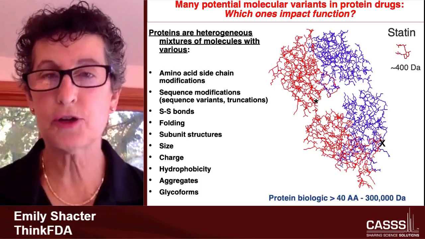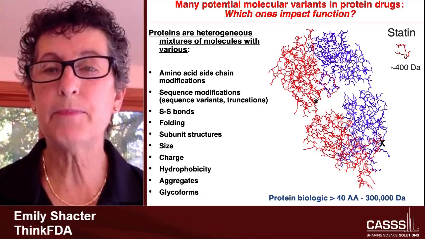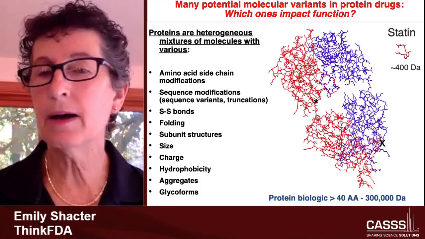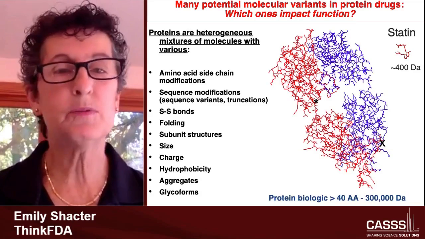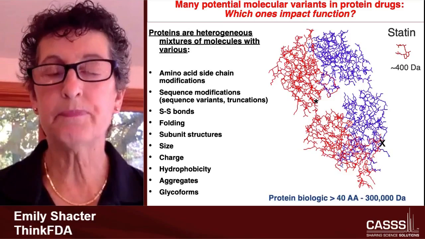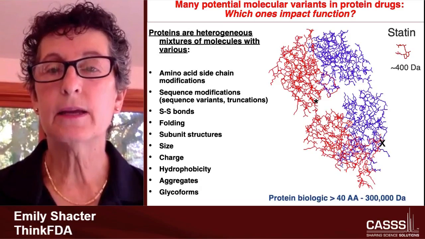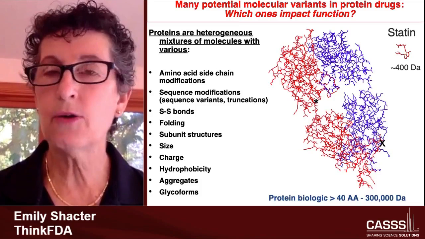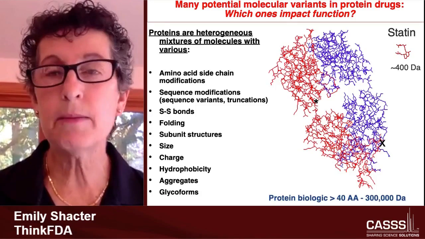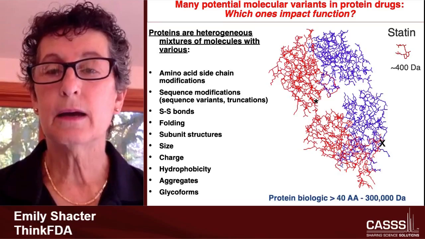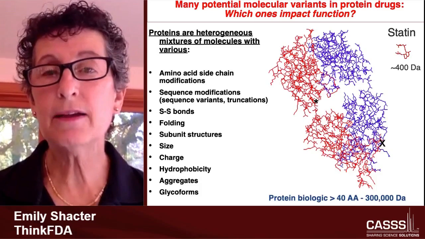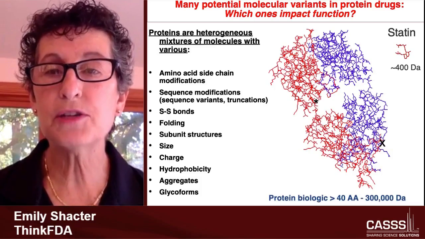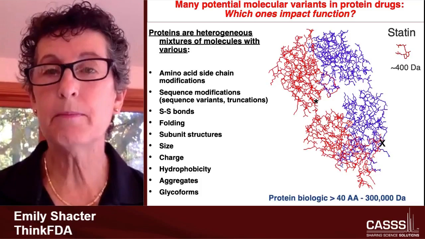Now, proteins are generally heterogeneous mixtures of a population where we see a variety of variants in the protein structure. I won't go through them bit by bit, but the point I want to make is that because proteins have many amino acids, many atoms, many elements to them, often they can tolerate certain variants, changes to the protein or amino acids, that have really no impact on protein function. Our challenge really as protein developers and regulators is to determine which of these attributes matter, which ones impact function,